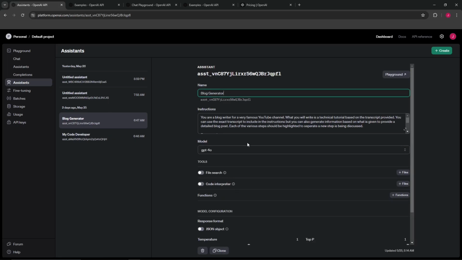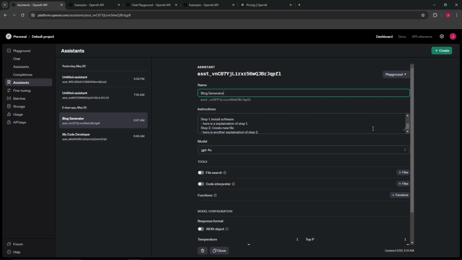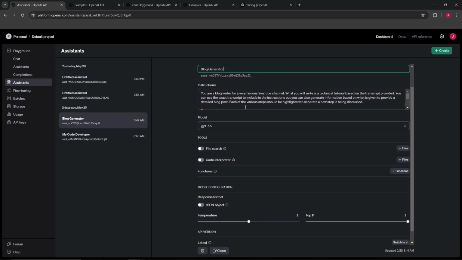blog generator. So in this context, I said you are a blog writer for a very famous YouTube channel. What you will write is a technical tutorial based on the transcript provided. You can use the exact transcript to include in the instructions, but you can also generate information based on what is given to provide a detailed blog post. Each of the various steps should be highlighted to separate a new step is being discussed. And then I kind of provided an example here, which I might have to play around with that, but